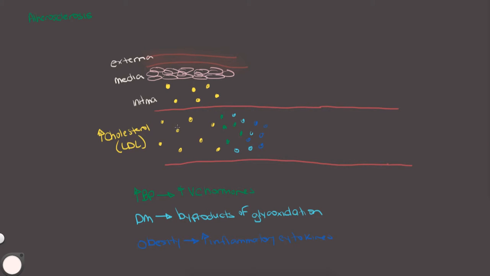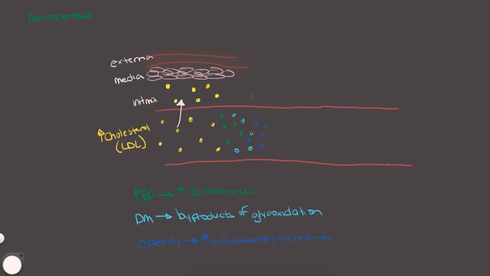And what's going to happen is those cholesterol molecules can make their way into the tunica intima, where they can start to build up and they can start a cell signaling process. Now, someone doesn't necessarily need to have high cholesterol in order to have atherosclerosis. So what can happen is I could have high blood pressure, diabetes, and obesity, and even though I maybe have a normal level or I've got my cholesterol levels under control, I can still develop atherosclerosis